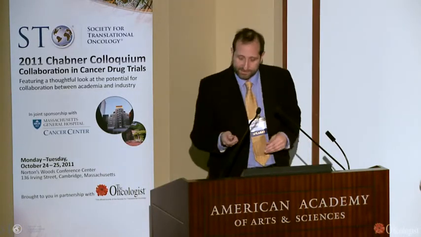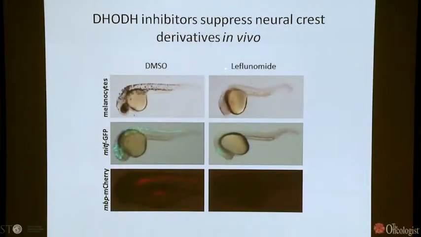So the first question we asked is about the small molecule, and the one we pretty much use for everything is leflunomide. We asked, does it only affect expression of the marker genes, or does it affect the actual cell types that are derived from the neural crest? Because we weren't interested in just marker genes. So this is a zebrafish embryo. This is its eye and its yolk at around 2 days of life. Each of those black cells is an actual pigmented melanocyte. This is in a control and in the presence of our small molecule, and you'll see that these animals are essentially completely albino. This is accompanied by an almost complete loss of an MITF-GFP transgene,